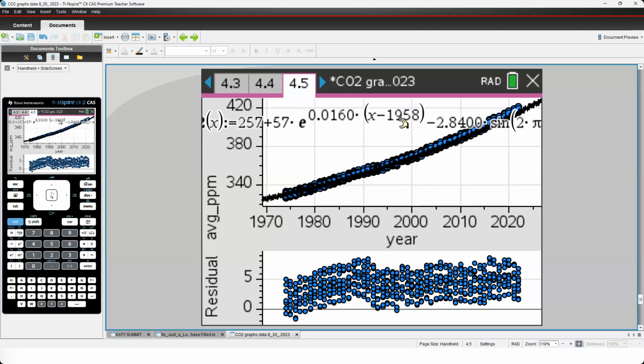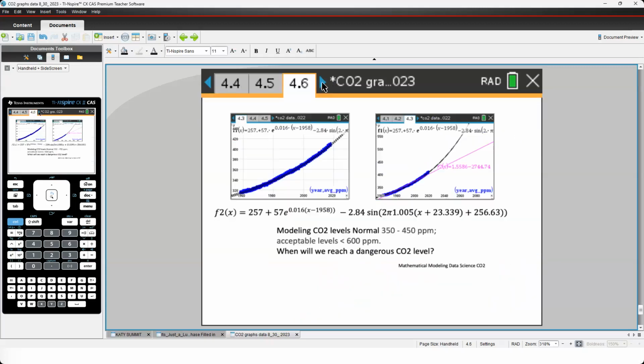And the next slide is going to show you the whole thing, but look here at those residuals. See, this model has both the exponential and a sine wave in it. And those residuals have no pattern. So if you go to the next slide, 4.6, I just kind of wrapped it all up here. There, see there in the middle of that page? That's the model. And the questions you now can ask students, you can give them the model.